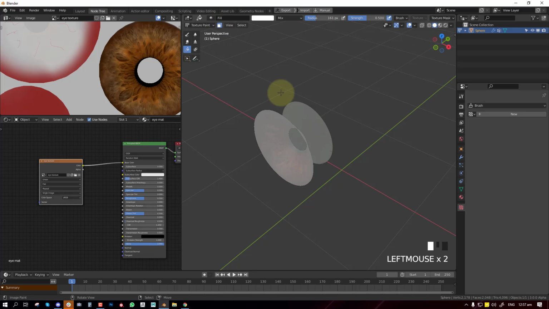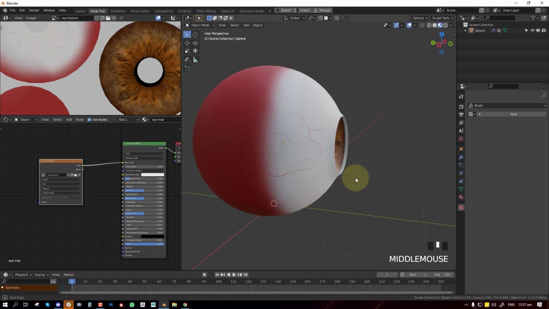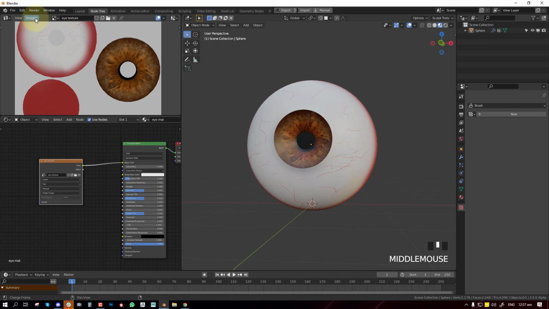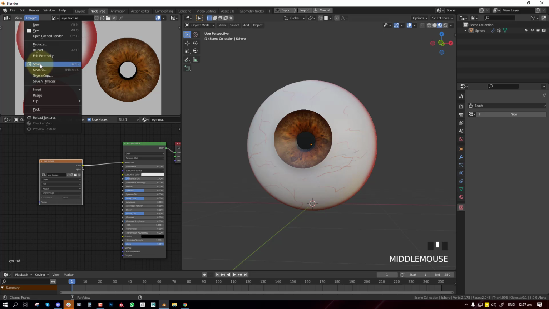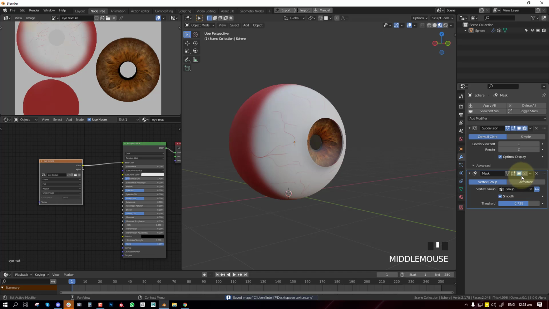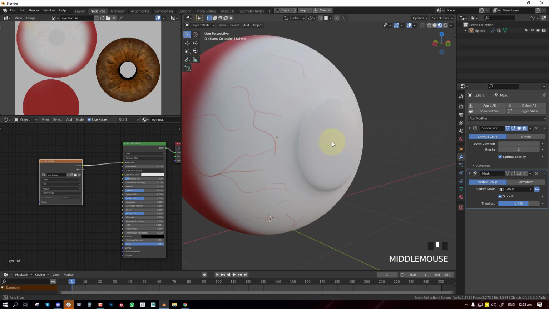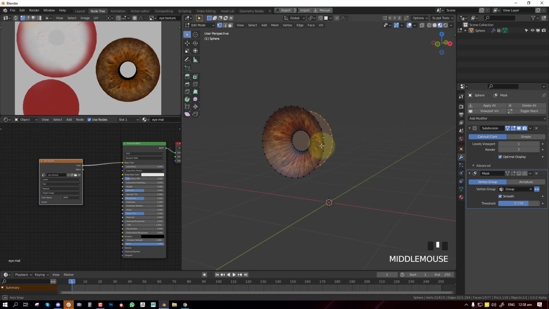If we have this checked, we can just isolate this object and fill it up. So this is what we have now. And save this. Okay. Enable this. We can see the complete stuff happening.